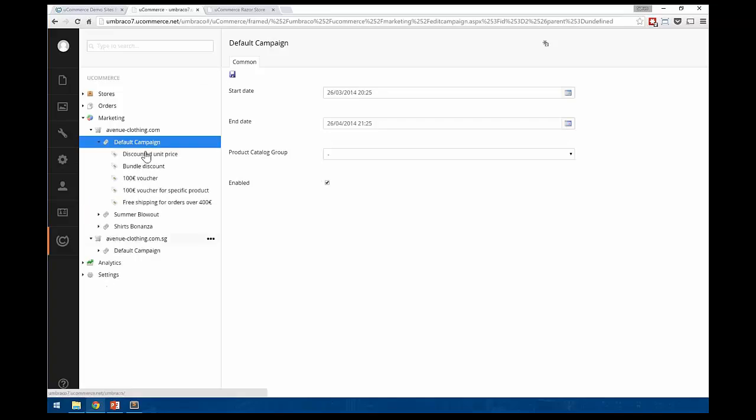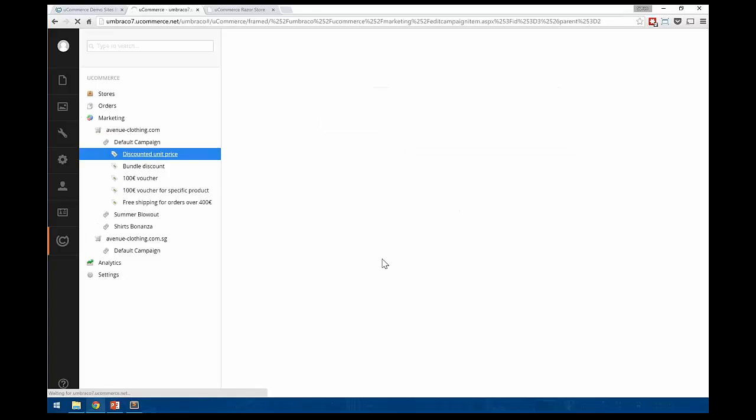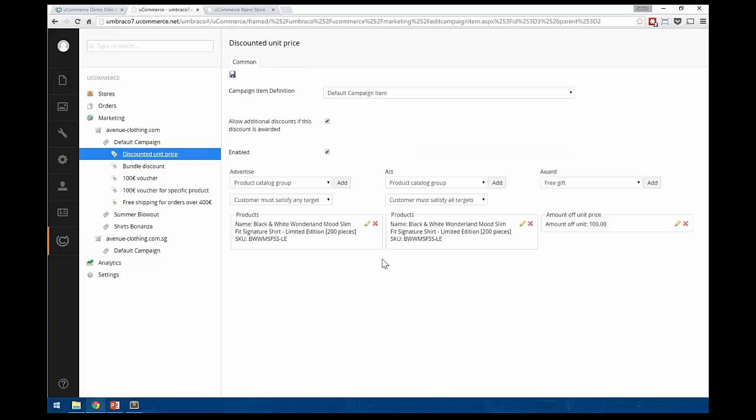Let's expand and take a look at this. So another change that we did here for the latest versions is that we added new criteria. So let me just talk about the model here first. The AAA model here is one we've used for years now. And the idea was to create something that's as close to the merchandiser's world as possible. So rather than having complex rules engines and ands and ors and all that stuff, we tried to make it as simple as possible, easy to follow. And so this is the process that the customer would naturally have to go through to ultimately trigger a discount over here at the end of it.